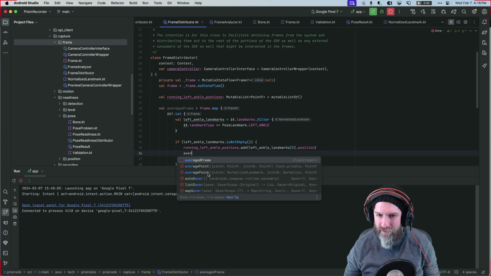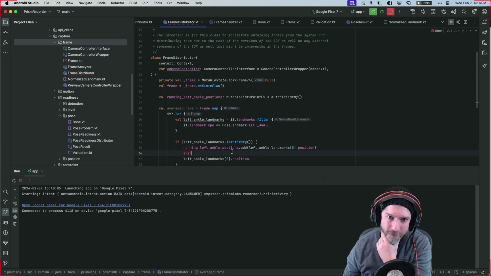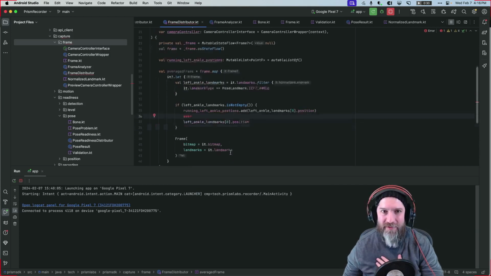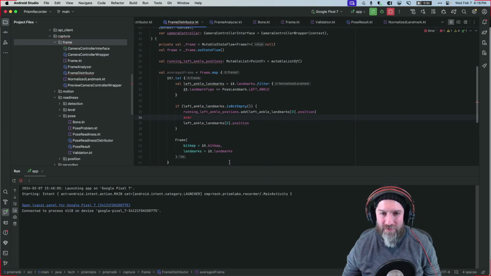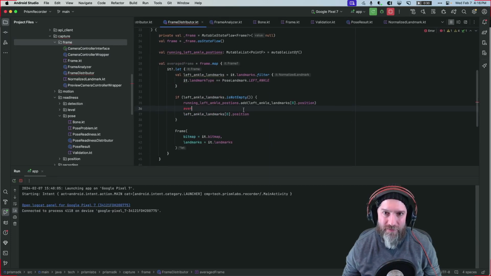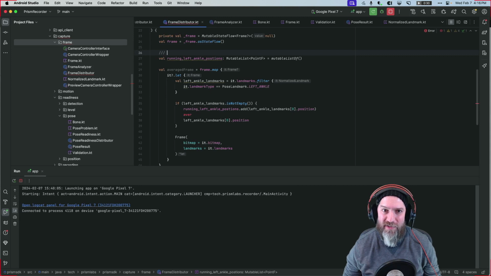You give it 2 points, it's an average point of 2 normalized landmarks, just a convenience method on points, basically. So essentially you just want to take the entire point F, and do something like running left ankle positions dot average. And I think in reality we're going to have to do